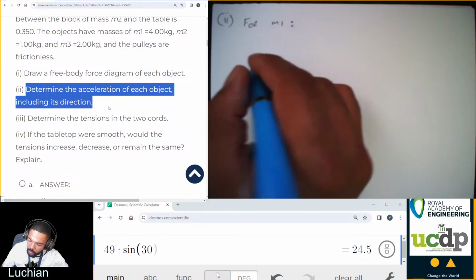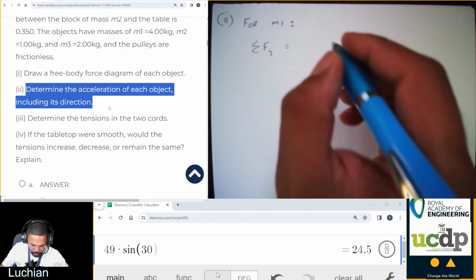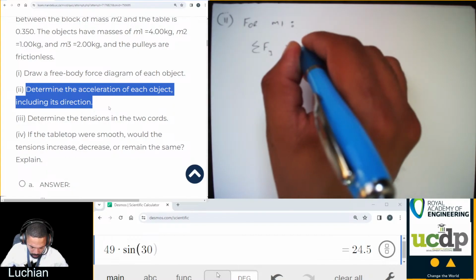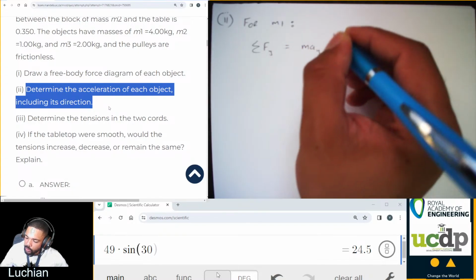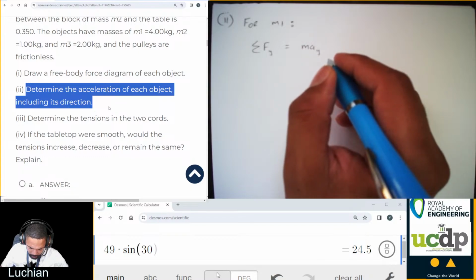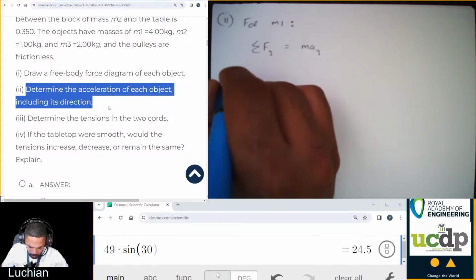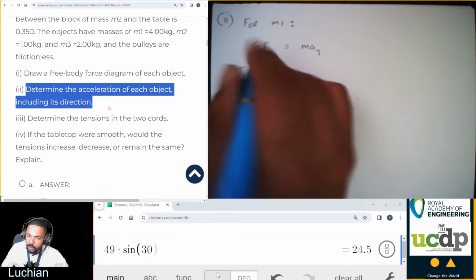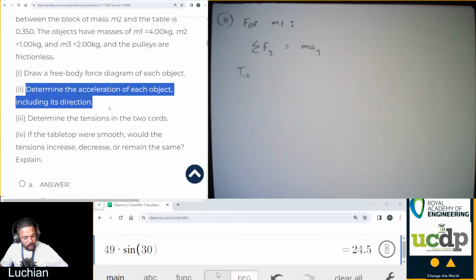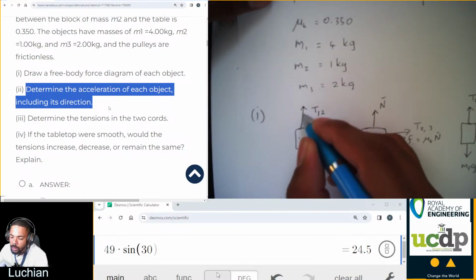So for mass 1, the sum of the forces in the y direction is equal to the mass times its acceleration in the y direction. The sum of the forces in the y direction is equal to the tension T12, the tension in the string going upwards,